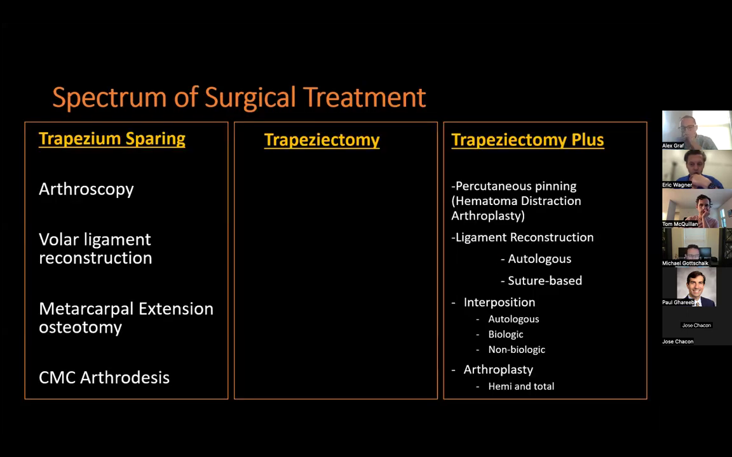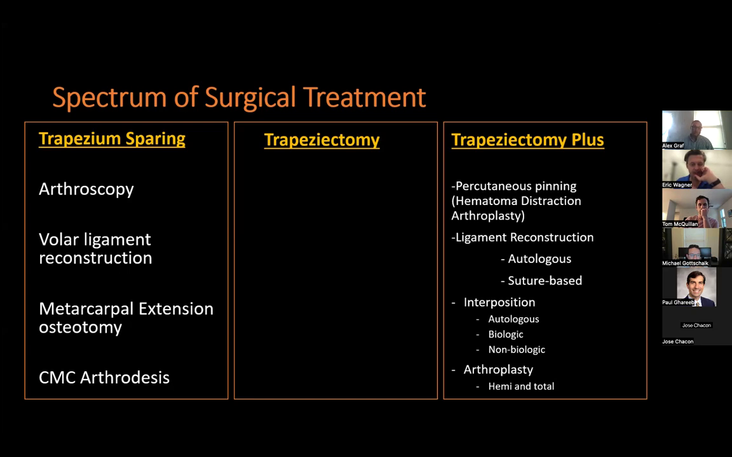So let's talk about surgery. We're surgeons here. Hopefully this will spur some interesting debate. In my mind, there's really 3 different categories. There's trapezial sparing approaches. Usually the goal here is to maintain trapezial height. These are younger patients in which strength and power is more of a priority. These involve more minimally invasive strategies such as arthroscopy, also volar ligament reconstruction with hemitrapeziectomy, metacarpal extension osteotomy,